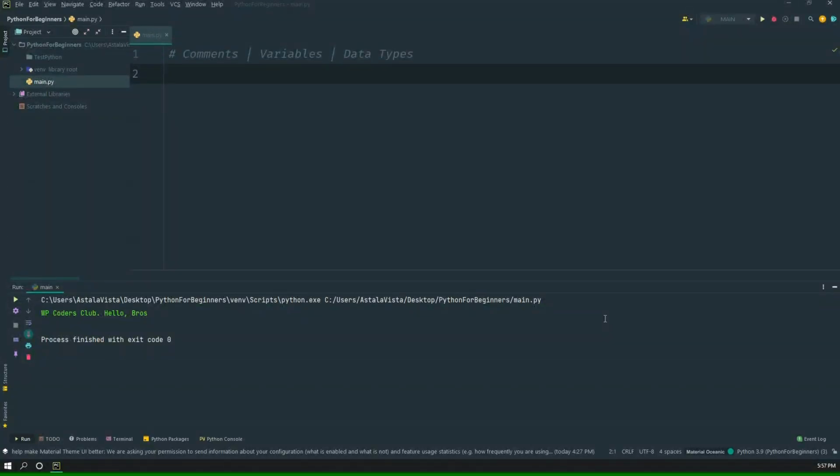Now let's talk about variables in Python. So what are variables? Variables are containers for storing data values. So first of all, let me write a variable. So a is equal to WP